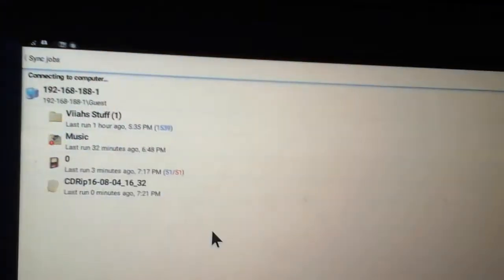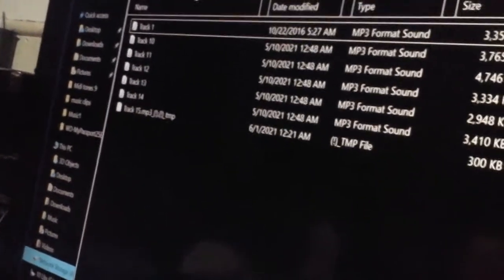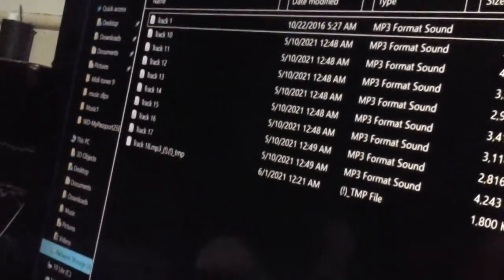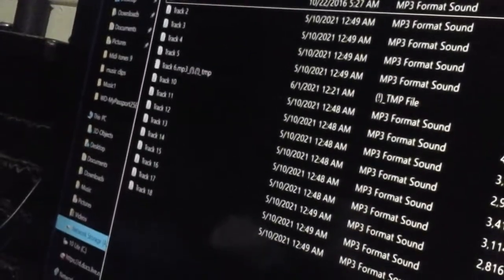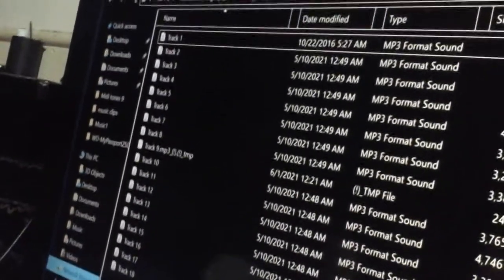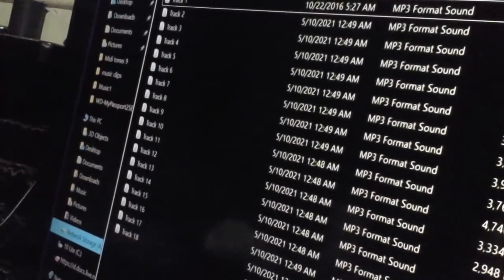So there's the sync job I created. We're going to run it. And if we go back to this directory, you're going to see tracks pop up. Boom, boom. So what it's doing is moving this whole album onto the network. This is moving from the Android device to